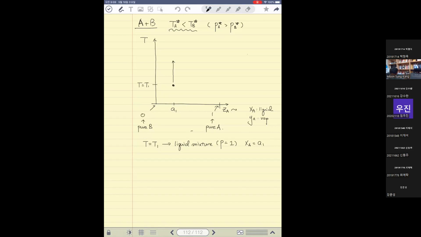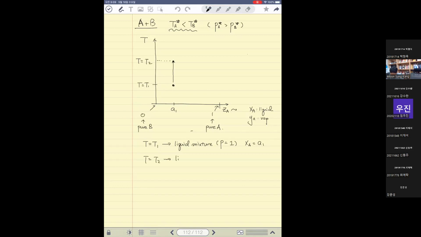So let's say this is a point. You, for the first time, observe existence of this vapor phase, right? So in this point, at T being equal to T2,